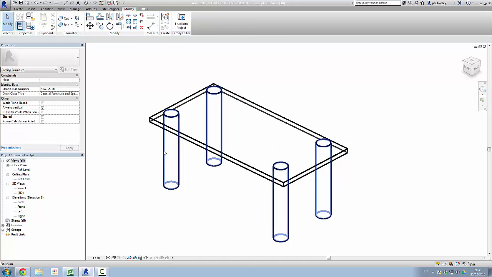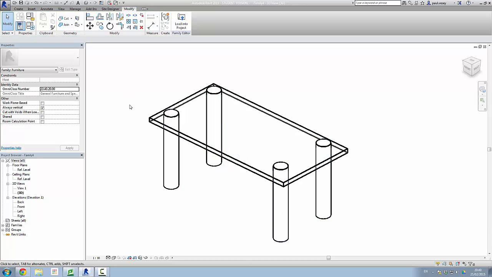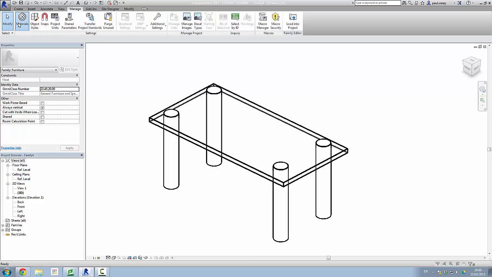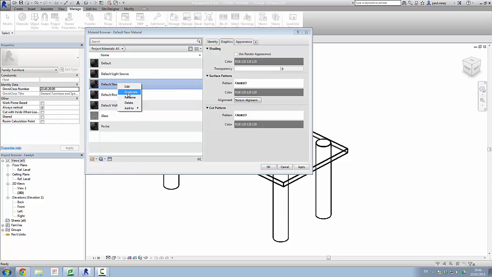So the next thing I want to do is change the material associated with the legs to some sort of chrome finish. So I can do that by again going back into the Manage tab, clicking on Materials, and we'll see here we don't actually have a chrome finish. So I'm going to create a new material. So we can use this button here, which creates and duplicates materials. So use the drop down, create new material, and give it a useful name. So I'm going to rename this to Chrome